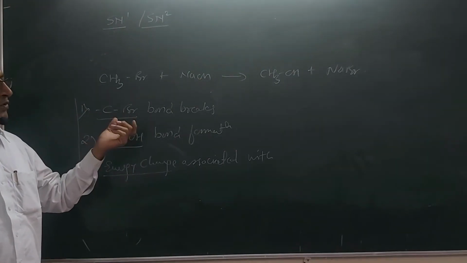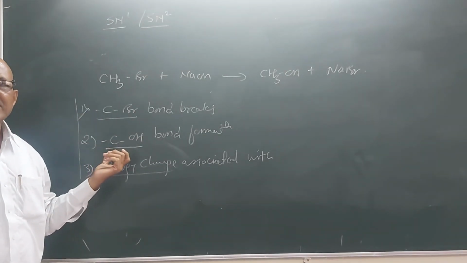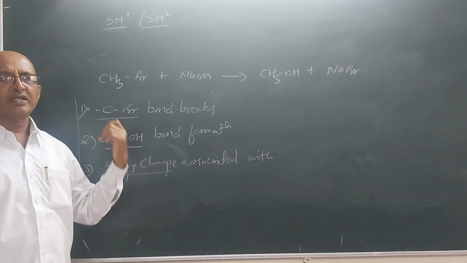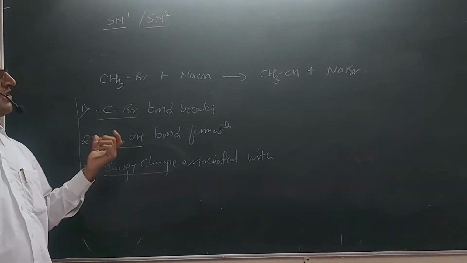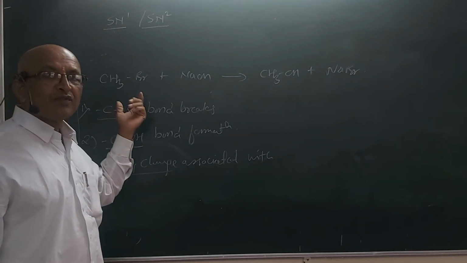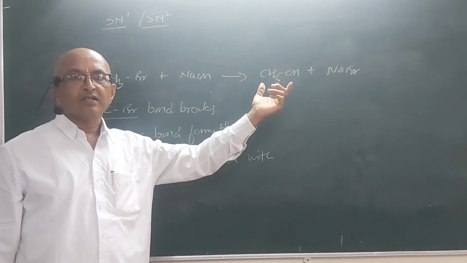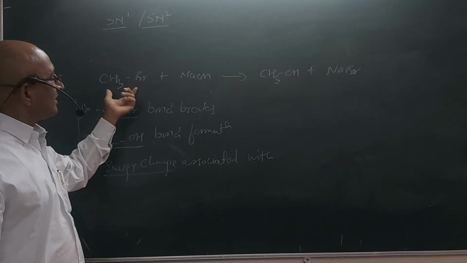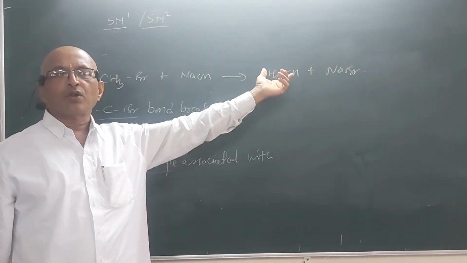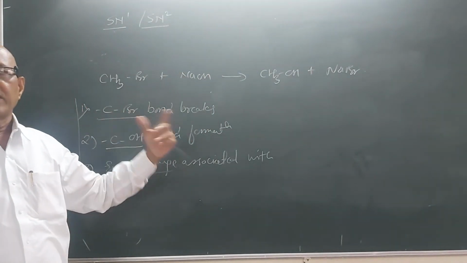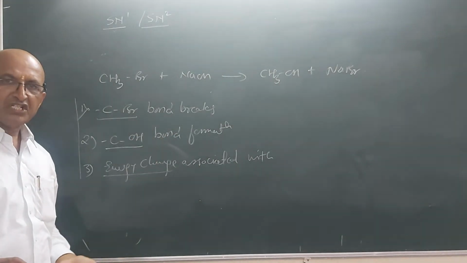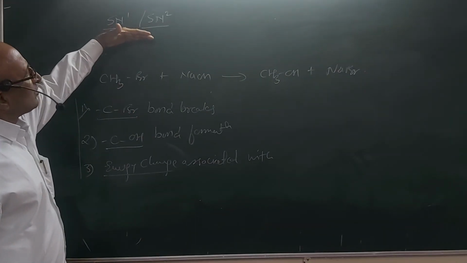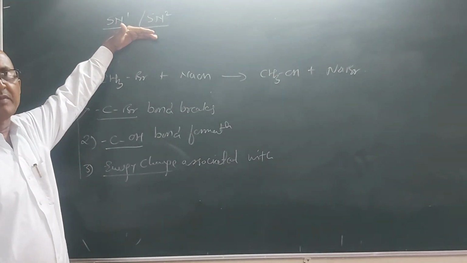And so what is the proposed mechanism, how does it take place in this way, why does it take place in this way, what are the energy changes, and what is the energy profile diagram? What is the change in the stereochemistry of the reactant and the product? The reactant is used and the product is obtained, and whether they have the same stereochemistry or the stereochemistry changes. All these things are going to be studied in these two reaction mechanisms.